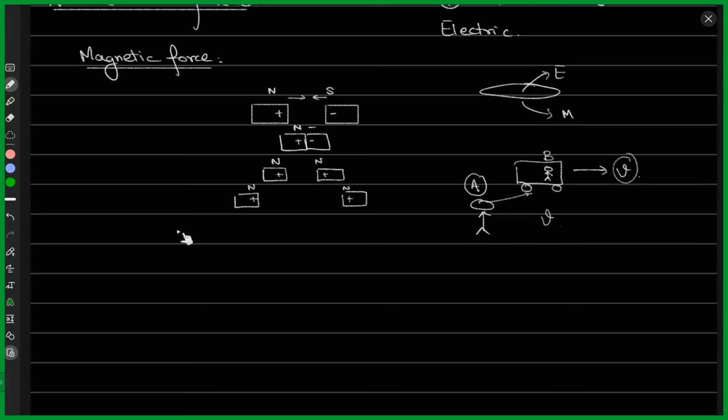The key points you should take from this are that there are two types of magnetic force: attractive and repulsive. Attractive means there should always be unlike or different charges, different anything. Anything that is unlike would be attractive, and anything that is the same would be repulsive. Like charges, like poles, north pole and north pole, would repel, right? Okay, so that's magnetic force.